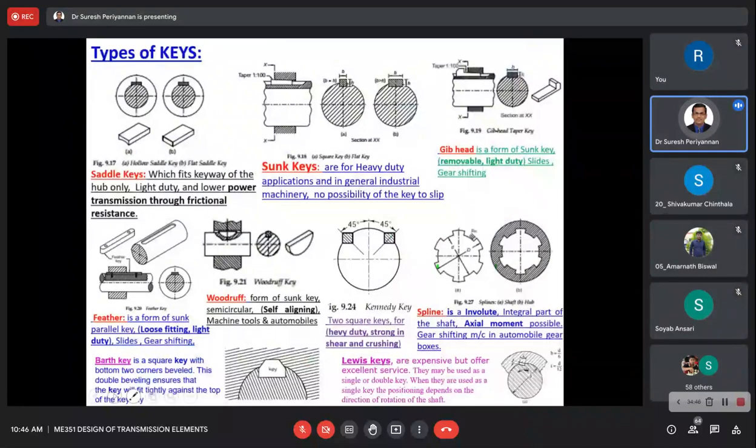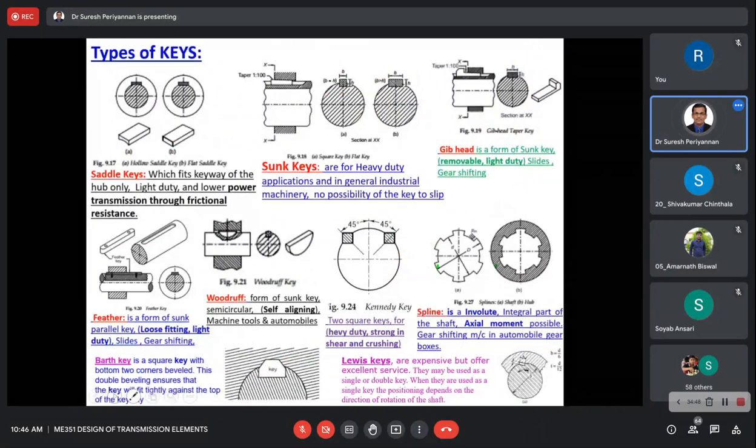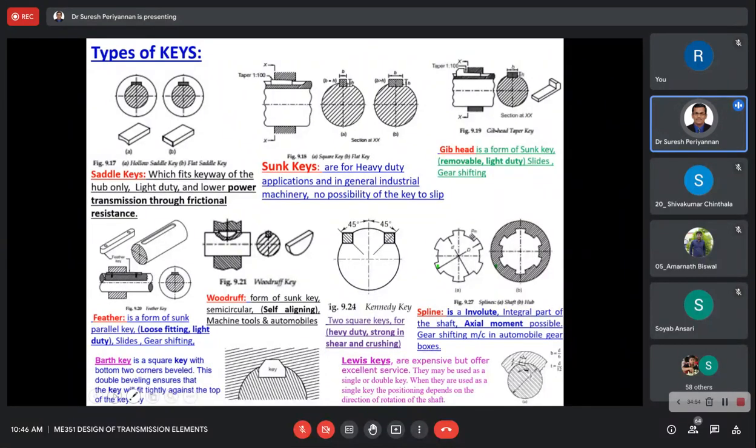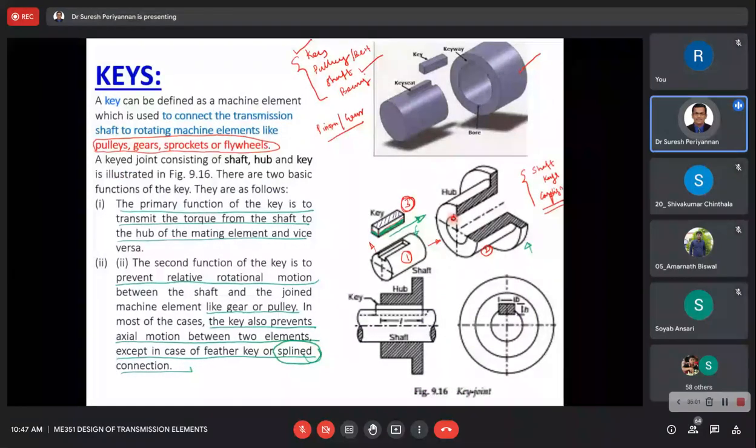Now I come to the different types of keys. One more thing, the keyways. For keys, we provide a slot. That is called a keyway. This is the keyway. The keyways are manufactured, I mean, made